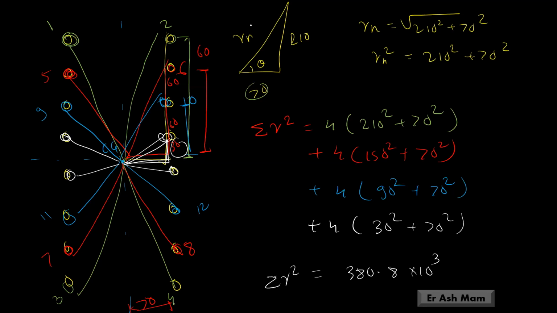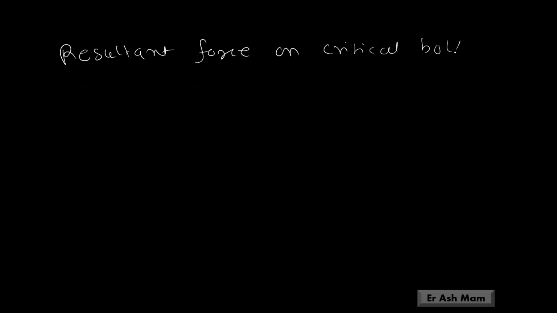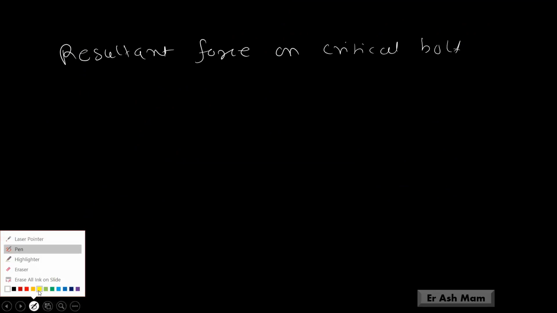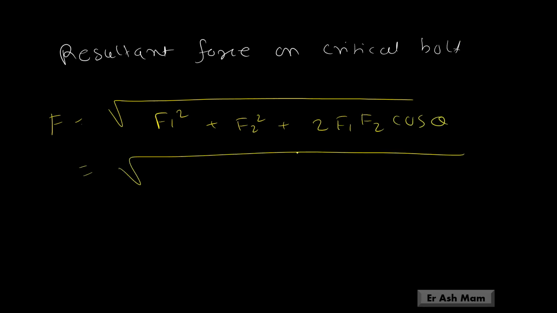We know that Rn is distance. The unit of Rn is mm and the unit of r square will be mm square. So distance unit for Rn is mm and for distance square, Rn square, it is mm square. Next, resultant force. Resultant force on critical point. Formula is F equal to root of F1 square plus F2 square plus 2F1 F2 cos theta, where F1 is